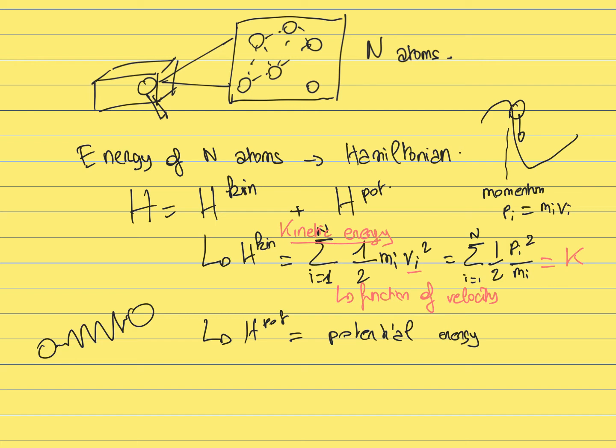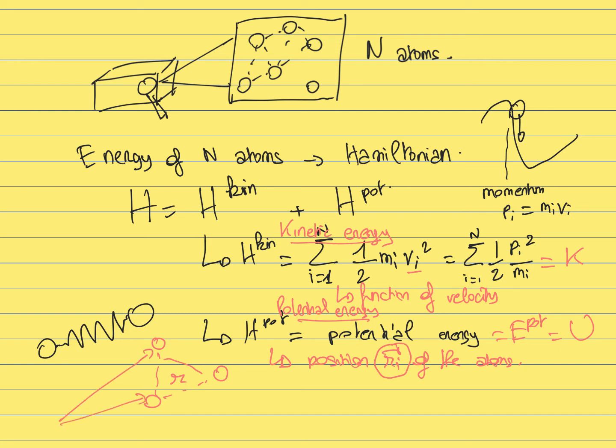On the other hand, the second term, the potential energy, which is sometimes written as V or sometimes as U, will not depend on the velocity of the atoms, but only on their position. This term will only depend on the positions r of the atoms. For example, if you have two atoms, their potential energy will depend on the distance with respect to each other. If you have three atoms, the potential energy can also depend on their angle. But in any case, the potential energy will only depend on the position of the atoms,